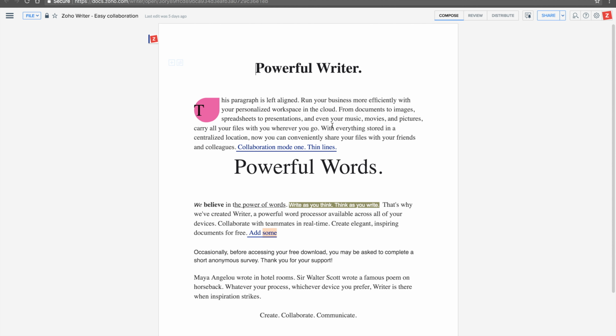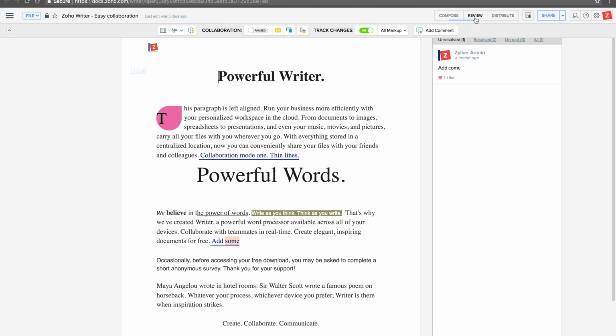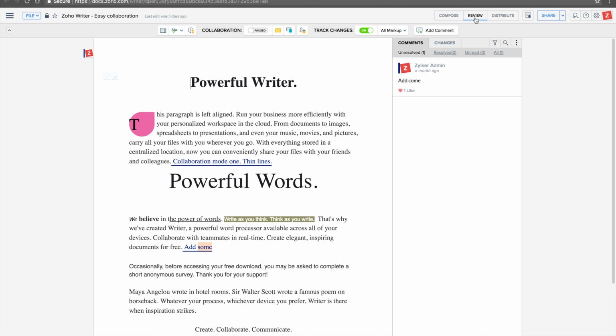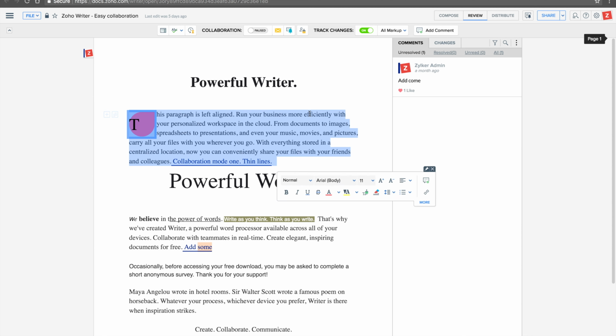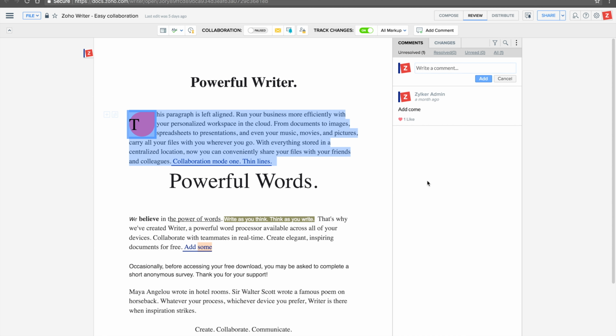Similarly, with Zoho Writer, you will be able to assign the file to anyone and review them. So a lot of times when editors are editing your document, or someone else has to just view your document and make comments to it but not changes to it, you can go to the review tab and click on any part that you want to create a comment on, and click on the comment option that's over here and simply add a comment.